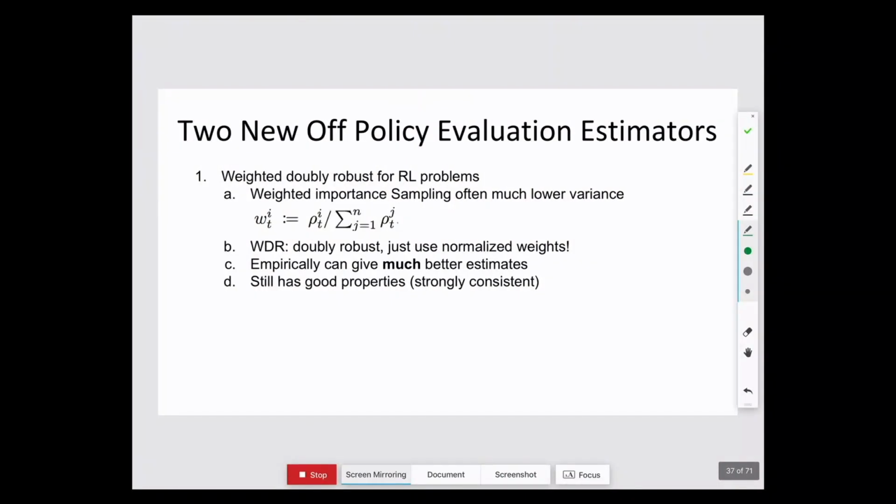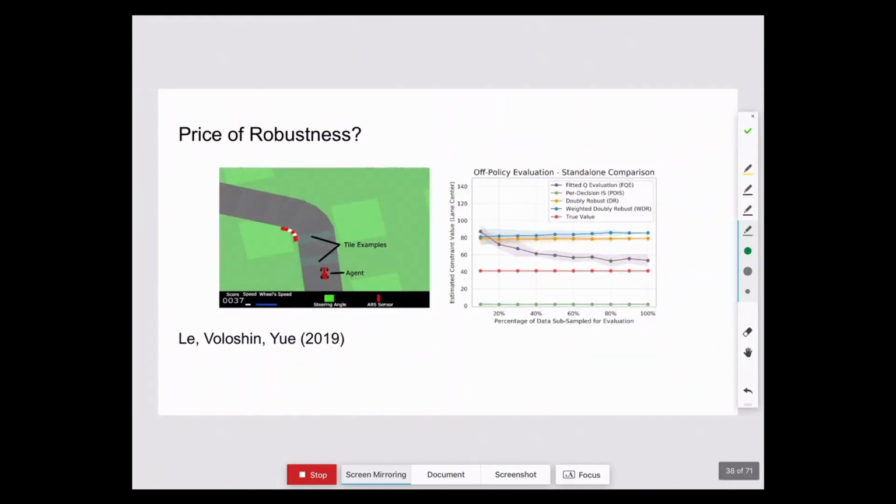I will note here, a thing to consider for the policy evaluation case generally is how important is it to be asymptotically consistent? There's again a nice paper from ICML this year looking at a couple of different interesting examples where they're comparing several different policy evaluation methods. And what they were finding in this case is that, so this is the true value. This is essentially amount of data. You can think of this as having more data.